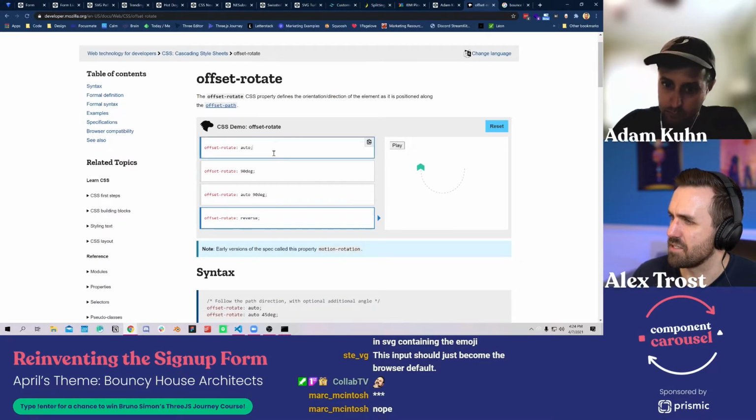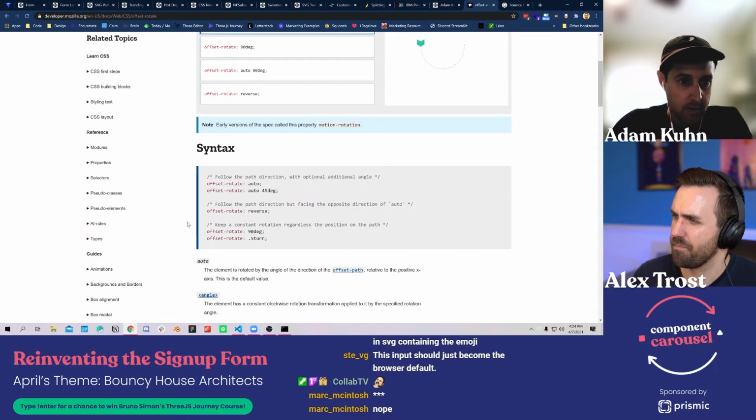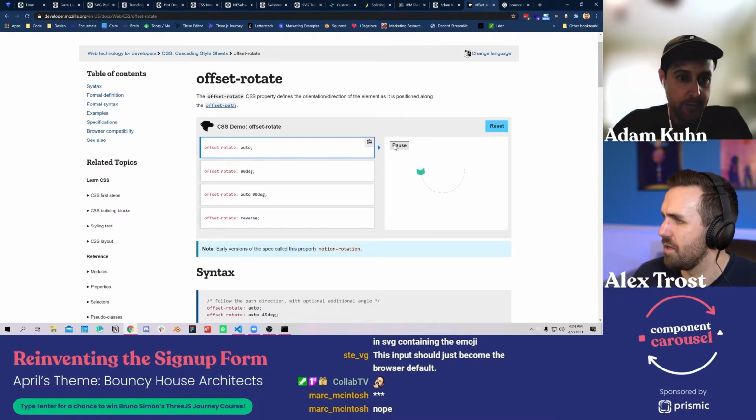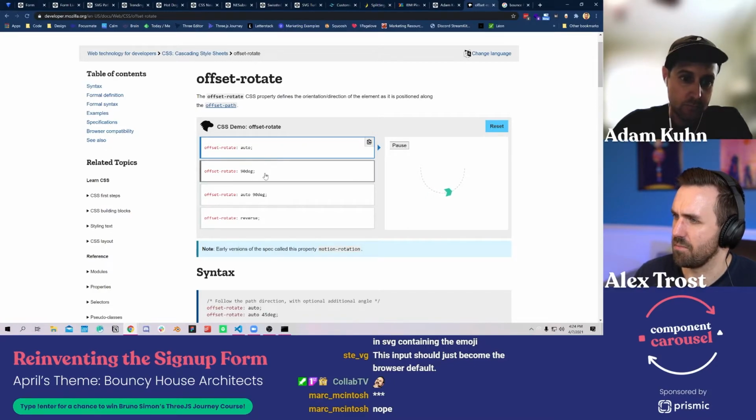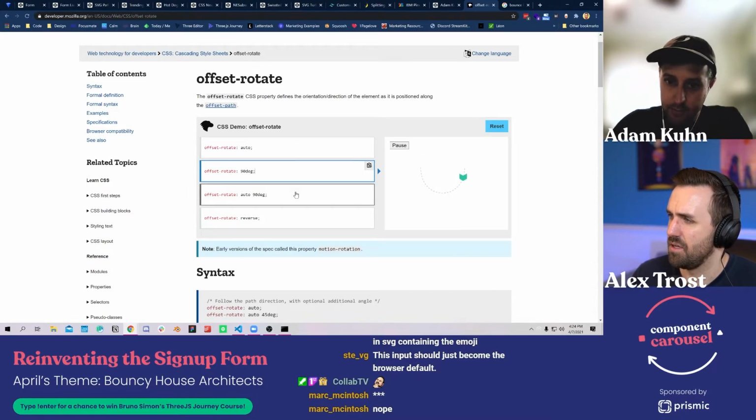Okay, so with auto, it's going to curve as it moves along the path. But if you set a specific degree, it's going to stay with that degree, correct? Right. Got it. This is cool. So that turned them around.